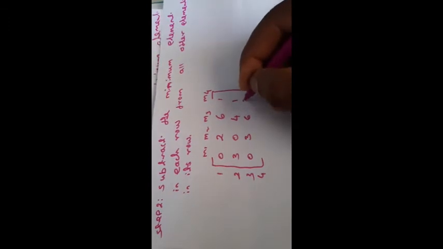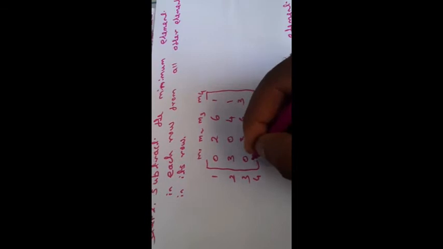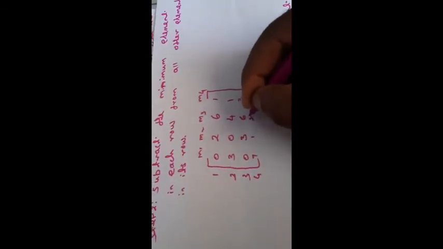So next, the second row, the same, the minimum value is 5. The result is 3, 0, 4 and 1. In the third row, the minimum value is 4: 0, 3, 6, 3. Fourth row, the minimum value is 3: 10 minus 3 is 7, 4 minus 3 is 1, 8 minus 3 is 5,